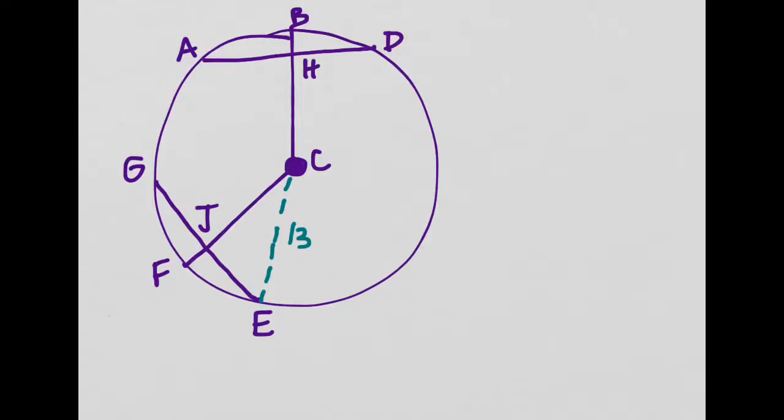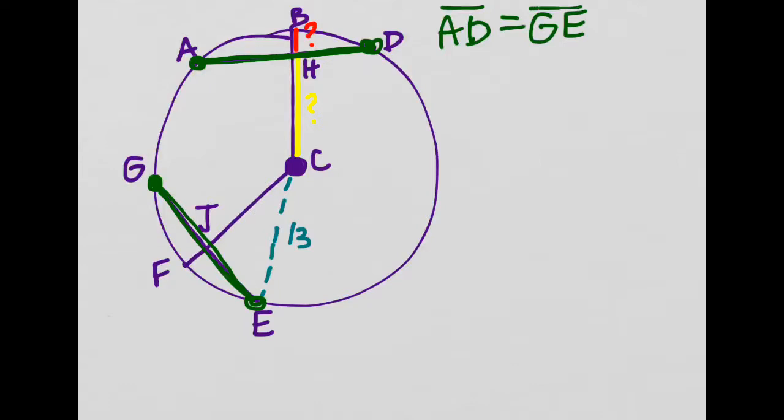So the first thing that we know is that we're looking for CH and HB. So I want to know CH and I want to know HB. Okay? Now what I do know is that AD, this chord, is equal to GE. AD is equal to GE. And they equal 10 centimeters. All right, so if this whole thing is 10 centimeters,